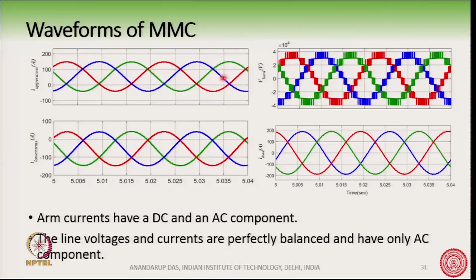There is a DC component here and there is a DC component here, but these 2 DC components do not come in the load current waveform. Load does not get the DC component. The DC component flows from the upper arm through the lower arm and goes back to the DC source. It does not flow to the load, and the load voltage is here. We can calculate how many levels will be there. You can find out that this is very close to a sine wave. Therefore, the load current is also